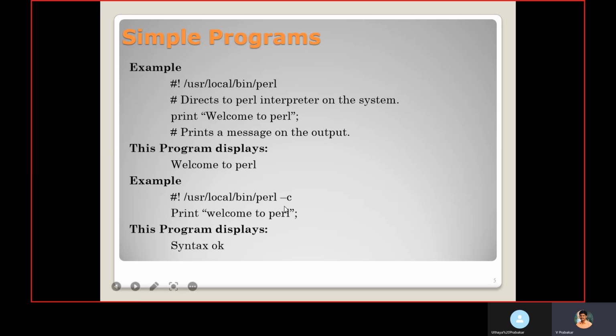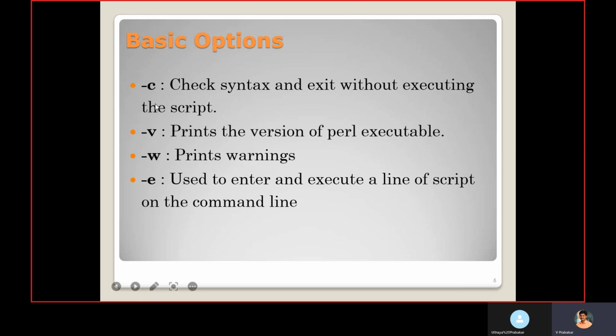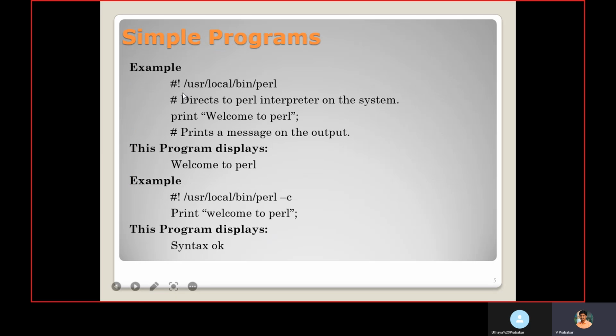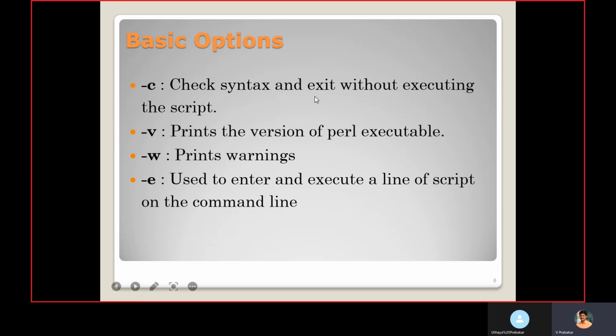Then we have options like -c. Along with this shebang line, if you mention -c, it will check the syntax. If any syntax errors are there, it will report. Otherwise, it will give syntax OK. Likewise, we have these options. -c, we already saw, is useful to check the syntax and exit without executing the script.